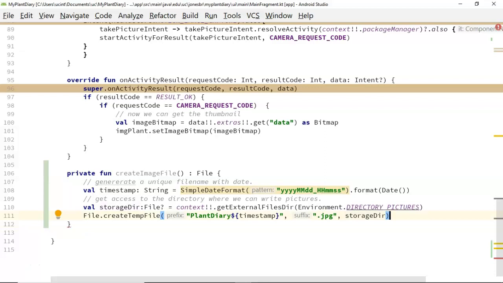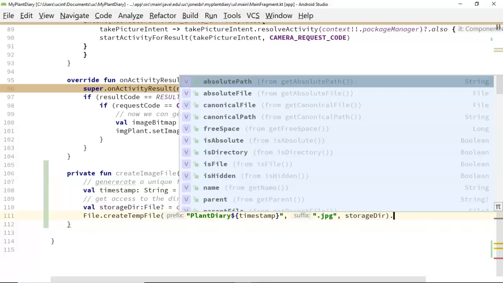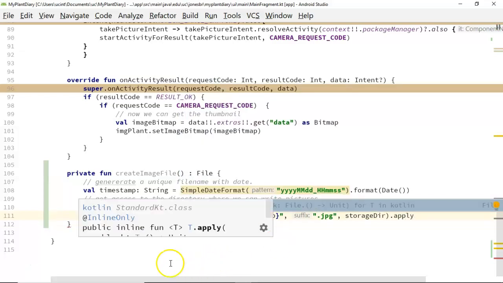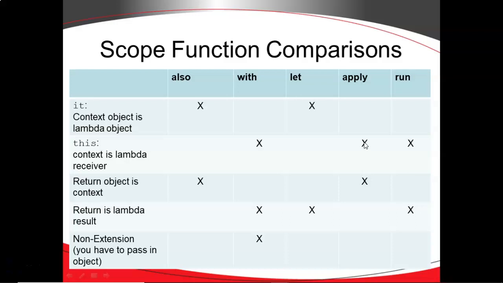Now, let's use one of the scoped functions. We're going to use apply. Let's remember what apply does. We can apply the apply function to an object, and when we do, that object is treated as a this within the block that follows apply. Also, when that block is finished, it's going to return that object again, which means we can chain function calls